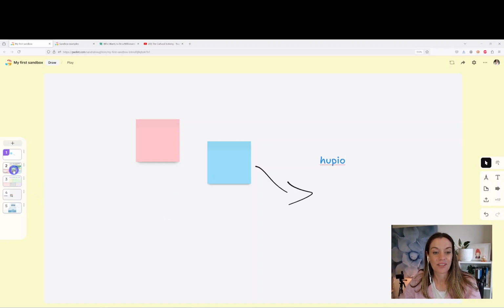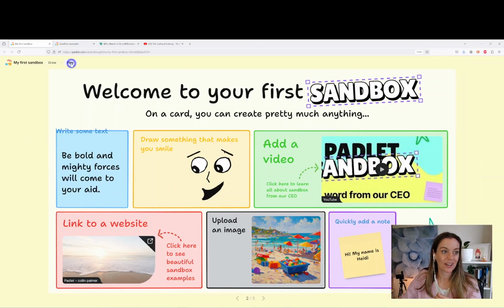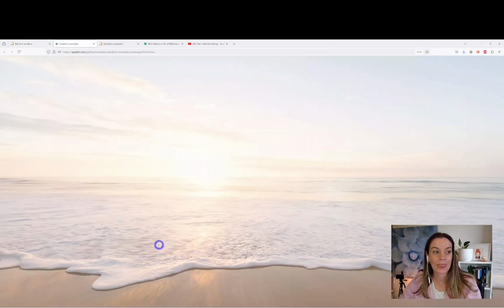First of all, I love the education that Padlet has incorporated in here. So this is what you get when you first open it up. I love it when providers give us examples and inspiration of how to use this tool. Canva does this really well, Genially does this really well, and Padlet's done a great job of that here as well. So they're showing us what we can do. We can do text, we can draw, we can add a video, upload an image, notes, interactivity, move between the cards, but they've also got these beautiful examples here,